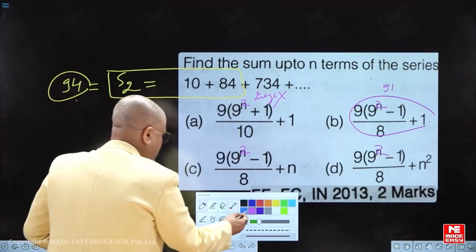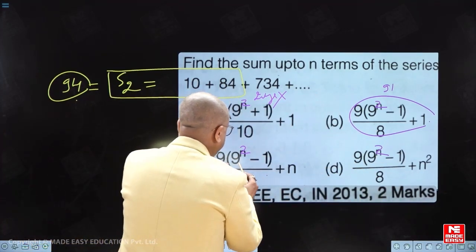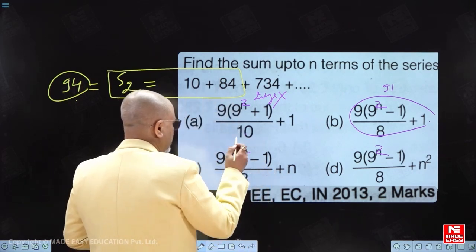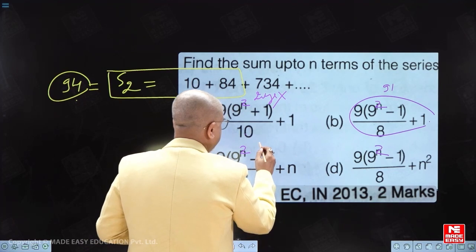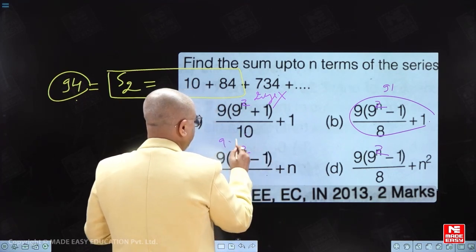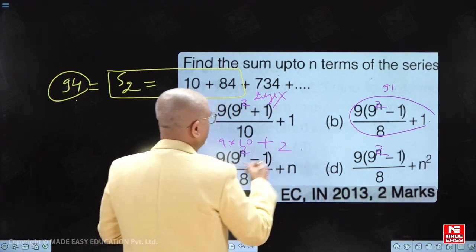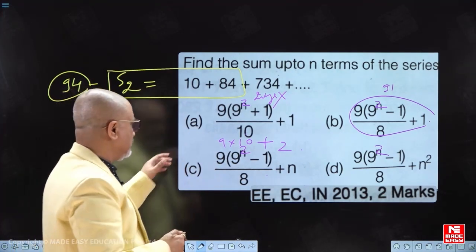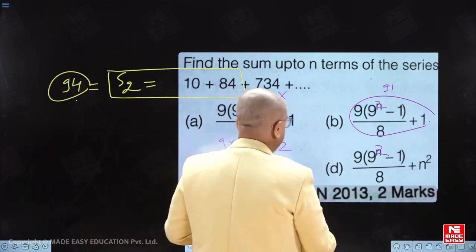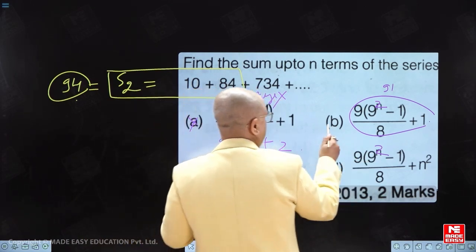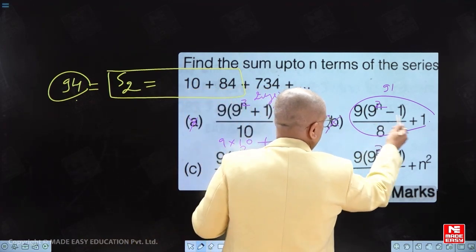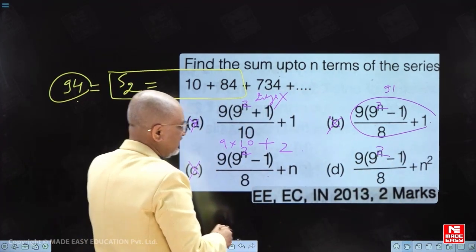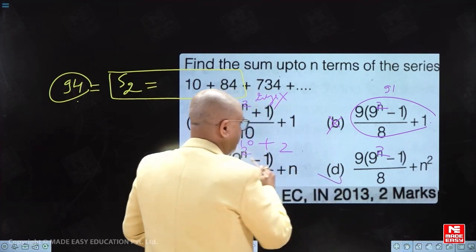And here also, let's put n equal to 2. So we have 81 minus 1, 80 by 8, that is equal to 10, into 9 plus 2, it is coming out to be 92. 9 into 10 plus, we are putting n equal to 2, again not coming out to be 94. Do not get bothered by it. Let's move, because we have already checked A is not correct, not an integer value. B is coming out to be 90 plus 1, 91, and C is also not coming out to be 94, and hence the answer has to be option number D.